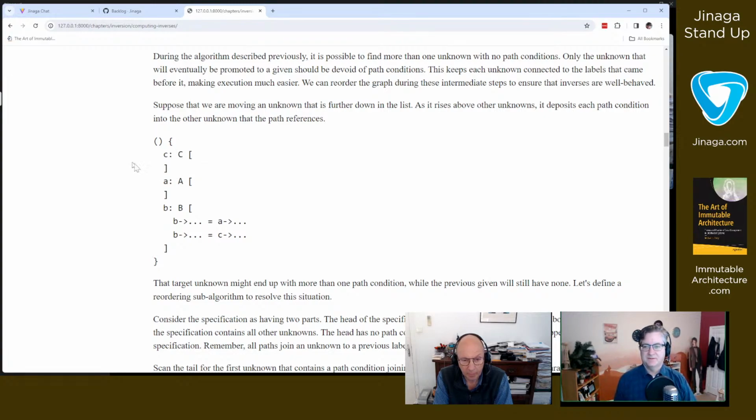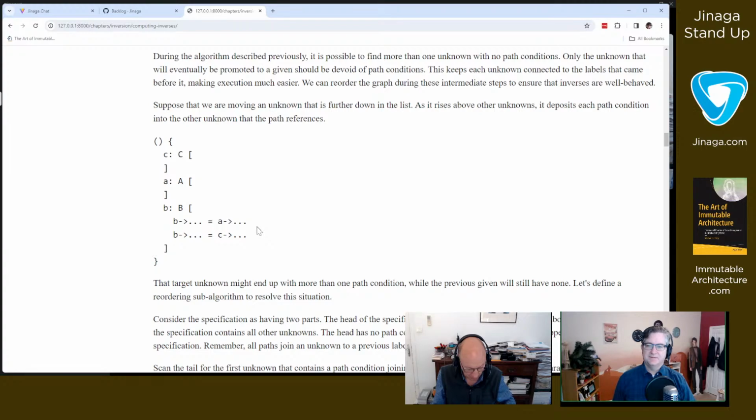So right now C is in the head and A and B are in the tail. The head is connected in such a way that every unknown except for the first one has a path condition. So everything is connected to something earlier in the head. So I can't just put A into the head because that would no longer be true. A is not connected to C.